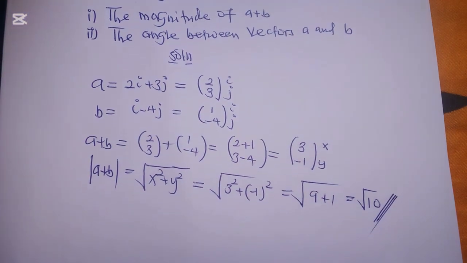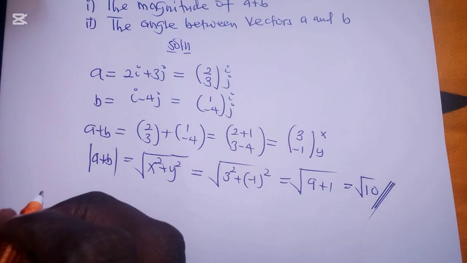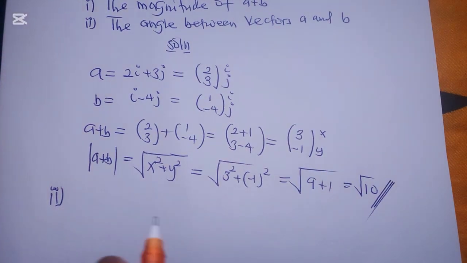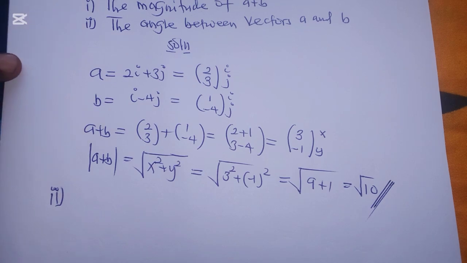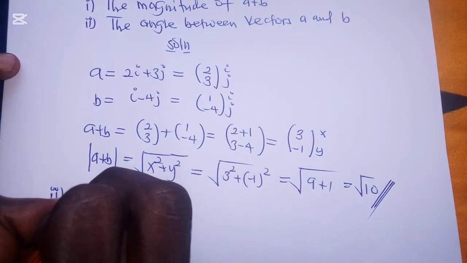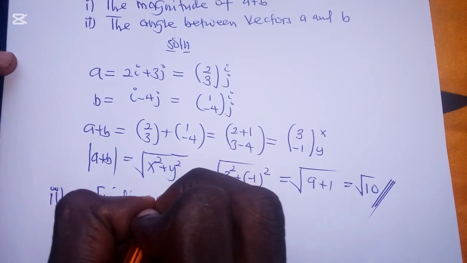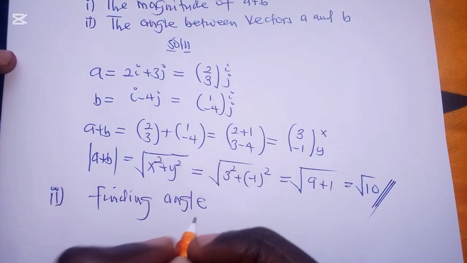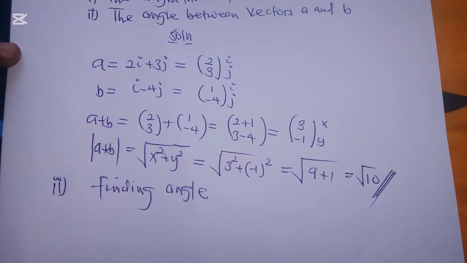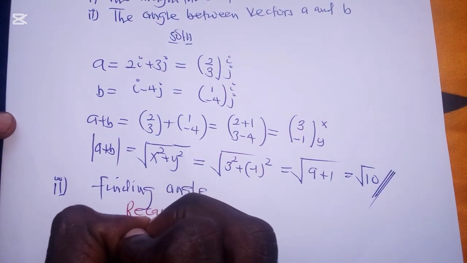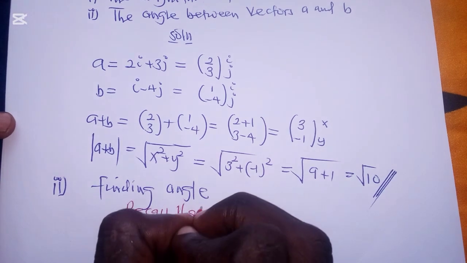Now let's look at Roman 2. Roman 2 says we have to find the angle between the vectors A and B. Now, to find the angle, recall that